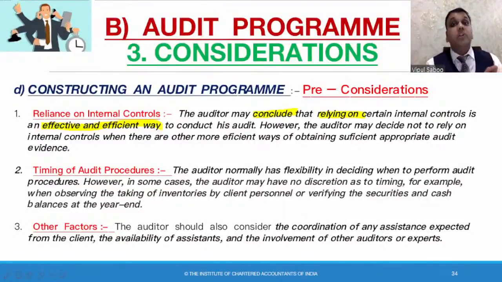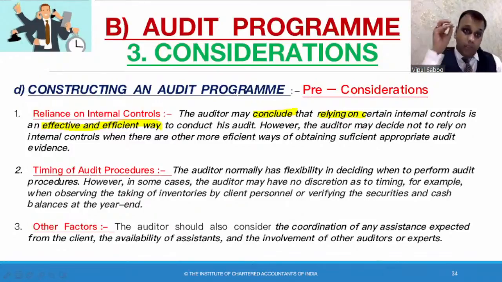If the internal controls are weak, his audit would be expanded in volume. His audit work would increase too much because the internal controls are weak, so he will need additional procedures to check those internal controls. If he finds that internal controls are really strong, then he can direct his specific attention or work to more important parts.